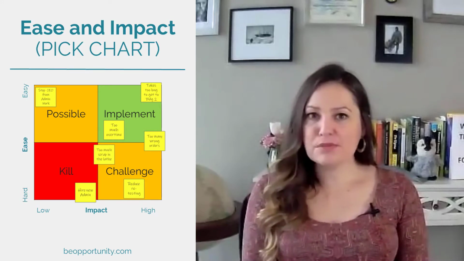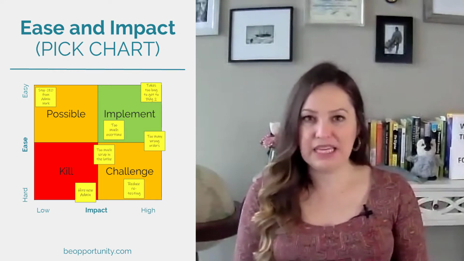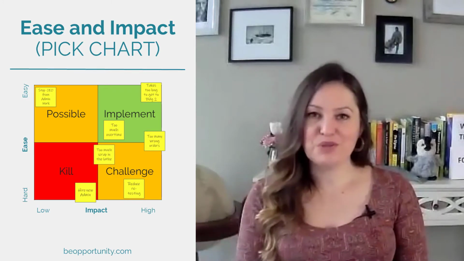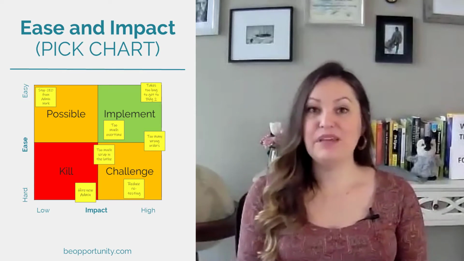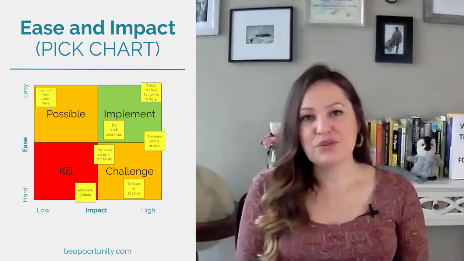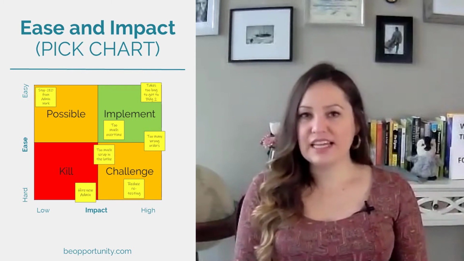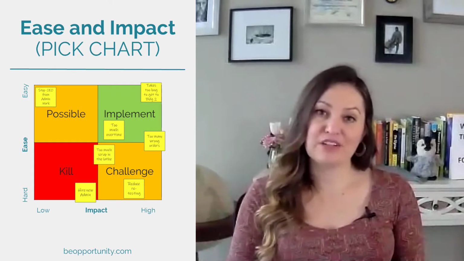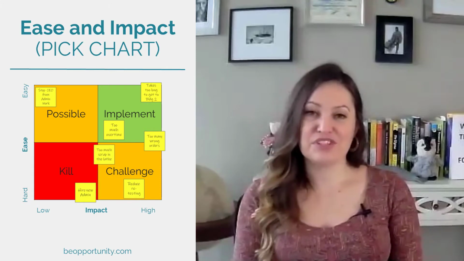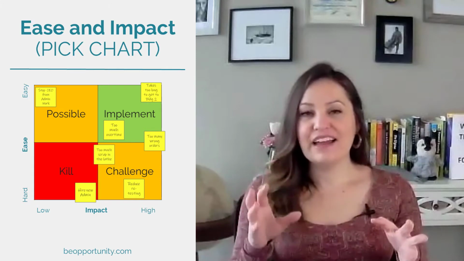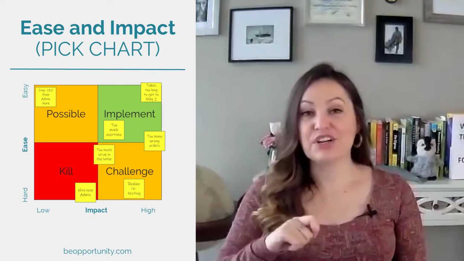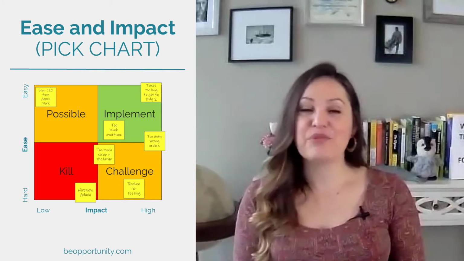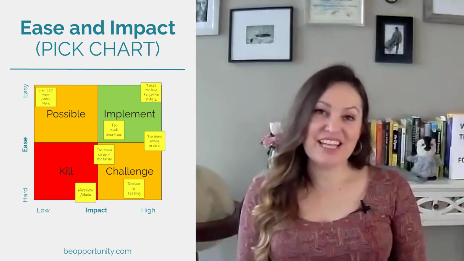And I like to, if possible, articulate what high impact means. So if you've identified what good looks like, then high impact would be those things that help you to align with good. Low impact might be leaning towards that bad side, right? So what does a bad day look like? If you understand the answers to those questions, you should be better able to articulate what something that's high impact versus low impact would be, or something that's an easier project versus a harder project. So go ahead and take each of those ideas, and you're going to rank them by that impact and ease. Once you're done, you now have a ranked list of a lot of different opportunities that you can go after.